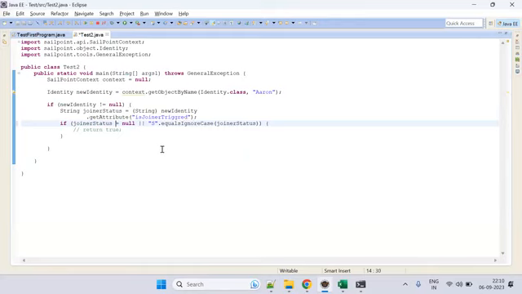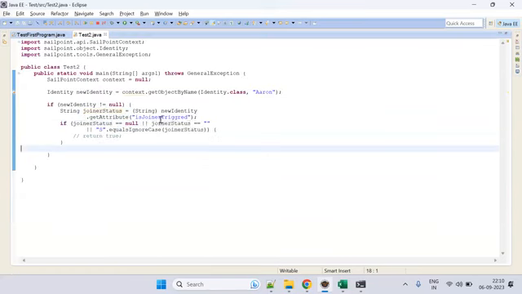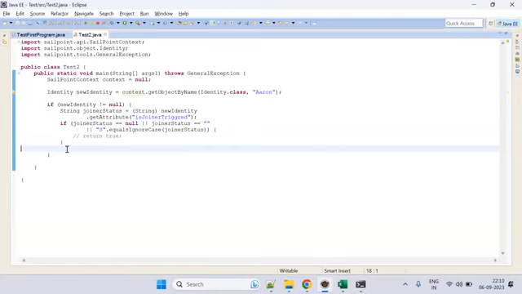Add one more condition here, equals to blank. If joiner status is null, blank, or started, we need to process the joiner